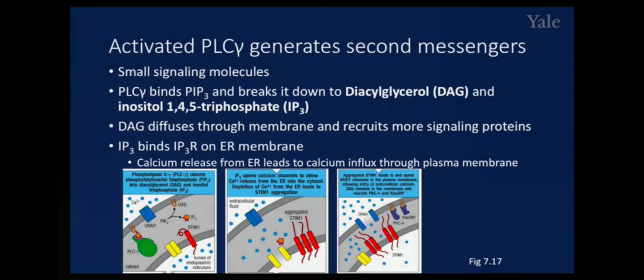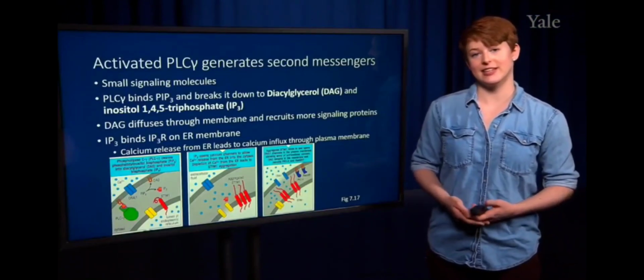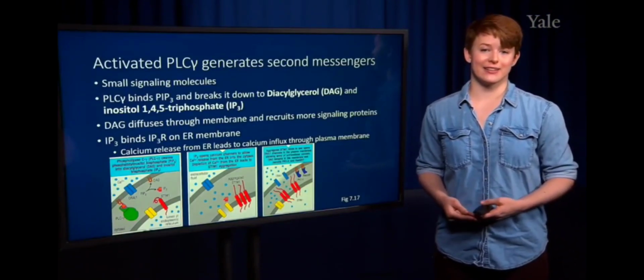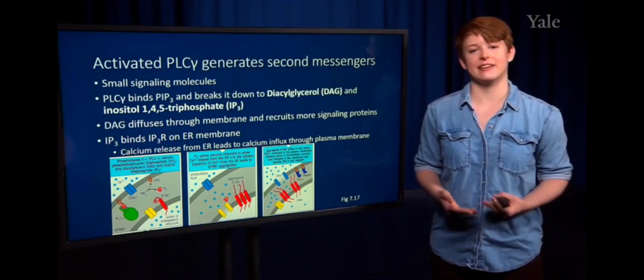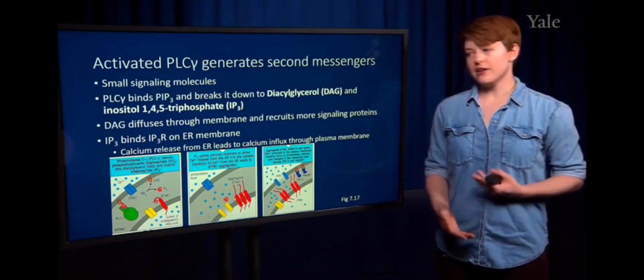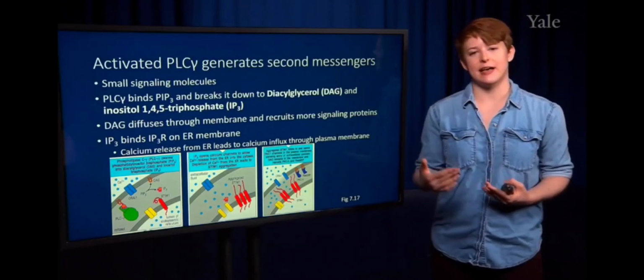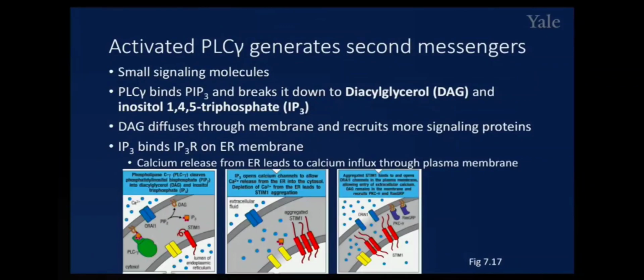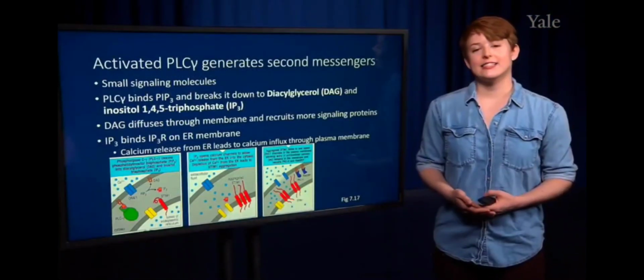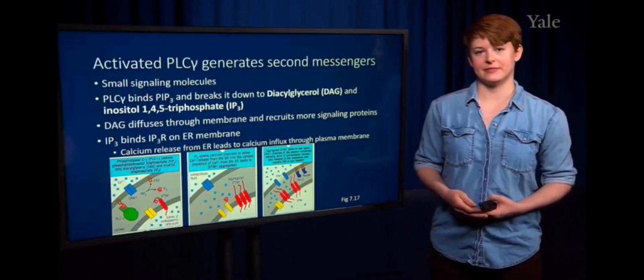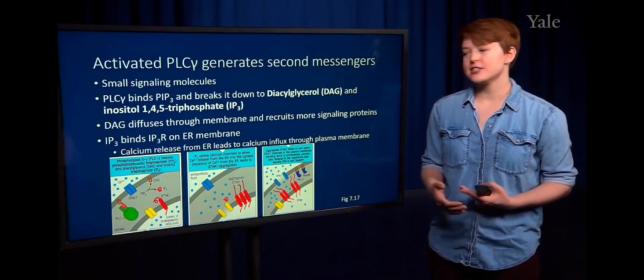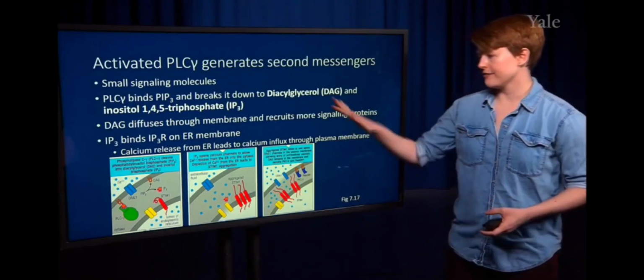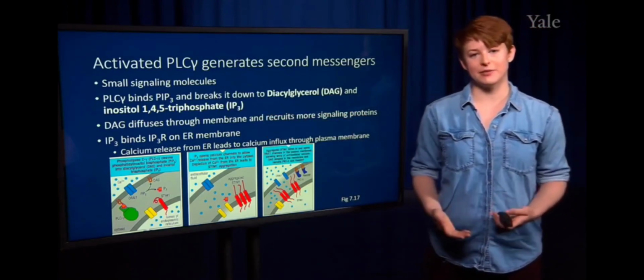We'll see some examples in the next few slides of how these two second messengers lead to a variety of downstream effects. So already you can see here how each step of the signaling pathway can branch out and lead to different downstream effects. And this is how the simple binding of a TCR to peptide MHC leads to so many different changes within the T cell where they can become activated. So this is another branch point. So here we have the diacylglycerol and IP3, and we'll talk about some examples of how they can cause further